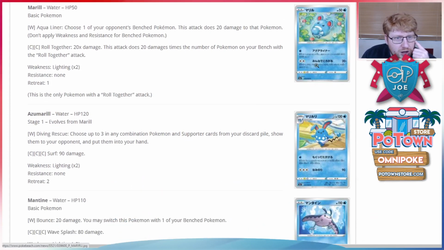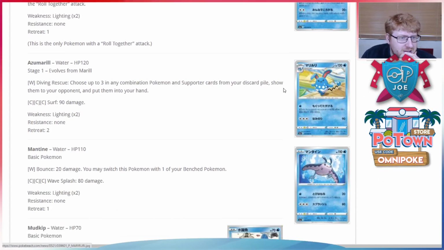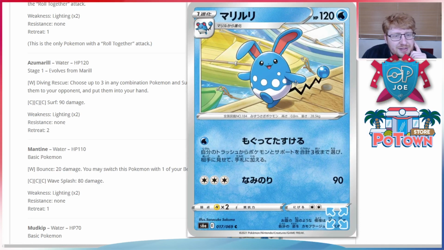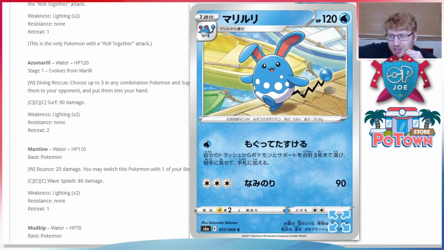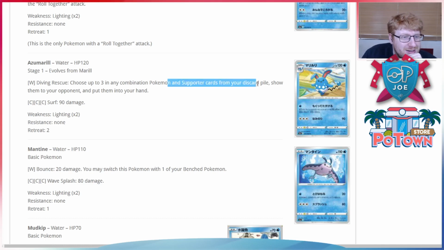Oh, have we got a round attack coming in this format? Oh, please. I need to reread some cards. Choose any combination of Pokemon and supporter from your discard pile, put them straight into the hand. Diving Rescue. Okay, this feels like a control card to me, because it gets back 3 in any combination of